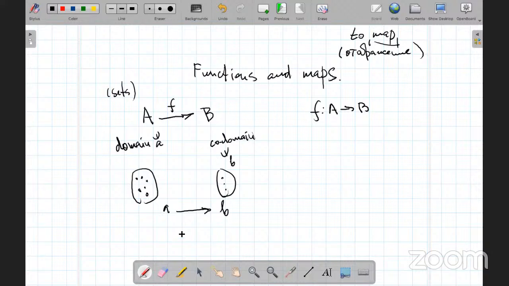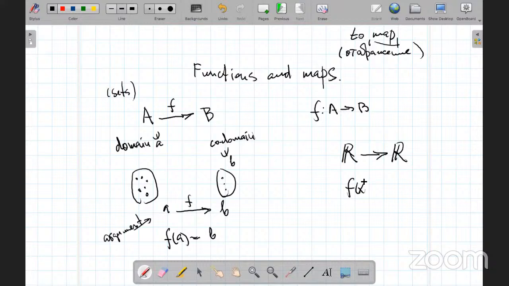That is very important. Sometimes this is written, and that's how you did it in school, I guess, in that way. That's also sometimes called an argument. So we take this element, we do something with it, and it transforms into something else. The normal example of a function studied in school almost all have this form, R to R. So for example, if you write f of x equals, I don't know, x squared plus 1,